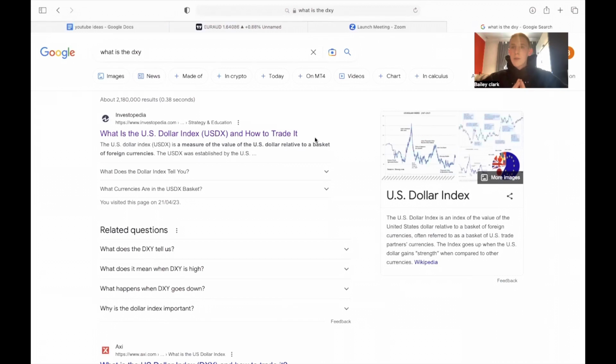Guys, before we go through how we can actually use the DXY in our trading on the charts, I thought I'd start with a very concise definition of what it actually is. According to Investopedia, the DXY is a measure of the US dollar relative to a basket of, I think it's 6, different currencies. So what this means in basic terms is that the DXY basically shows the overall strength of the US dollar,